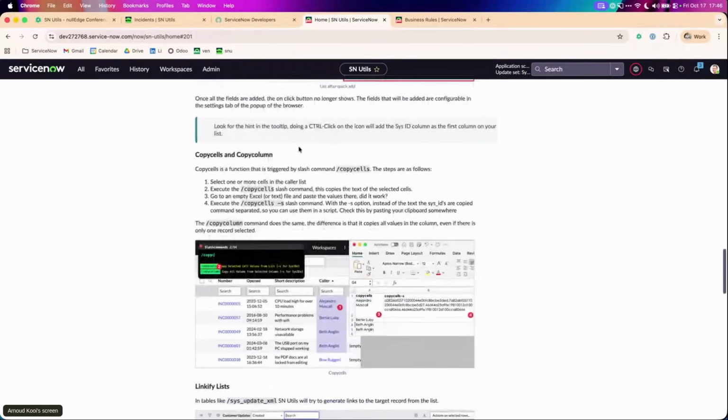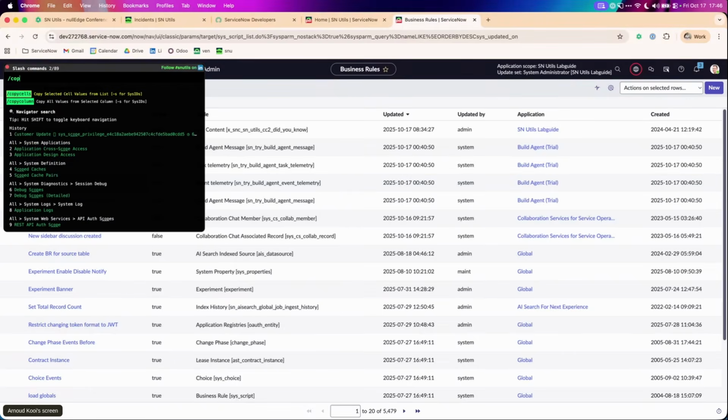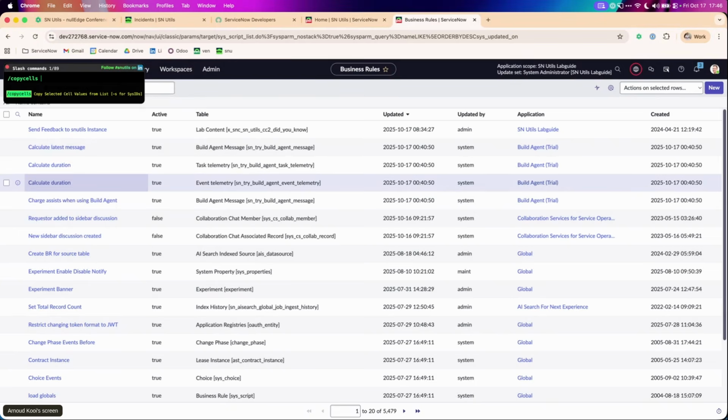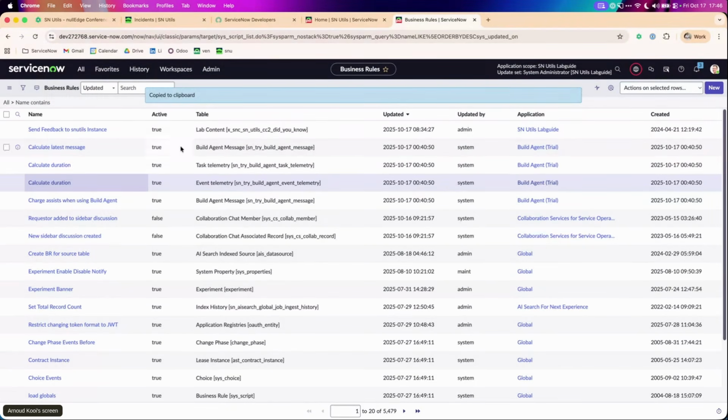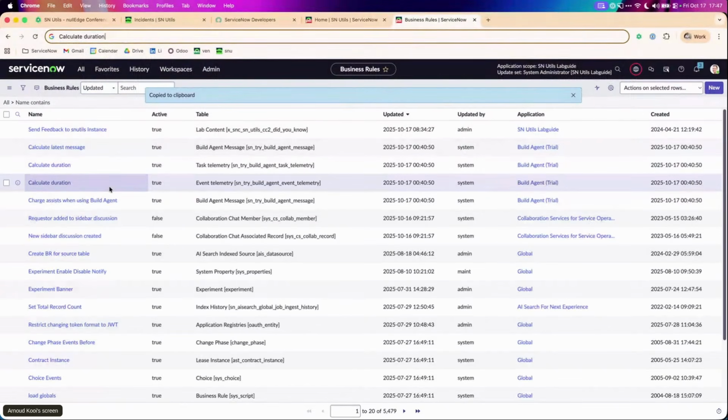So this is what I've copied. Copy cells and copy columns. This is also a nice one to quickly highlight. So when I click here, when I select the item, when I do copy cells and I hit enter, now when I go to the bar here and I hit paste, it will copy that text. Now when I do it again,